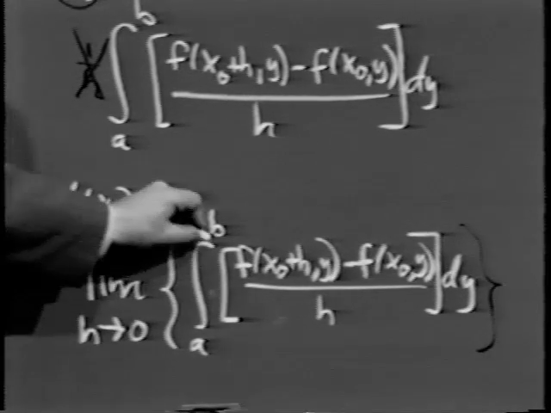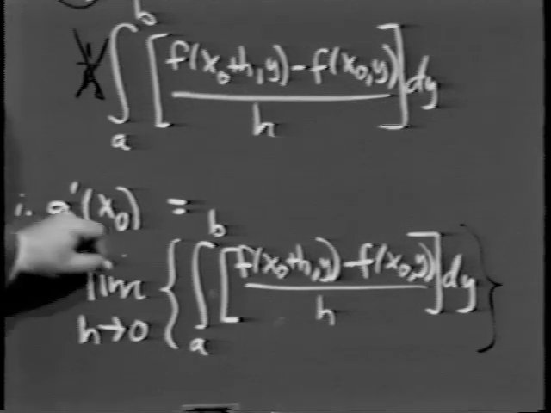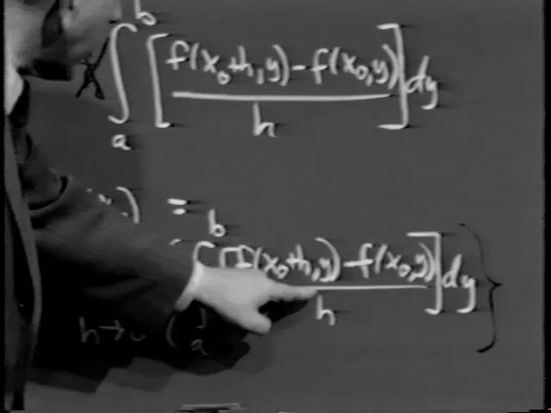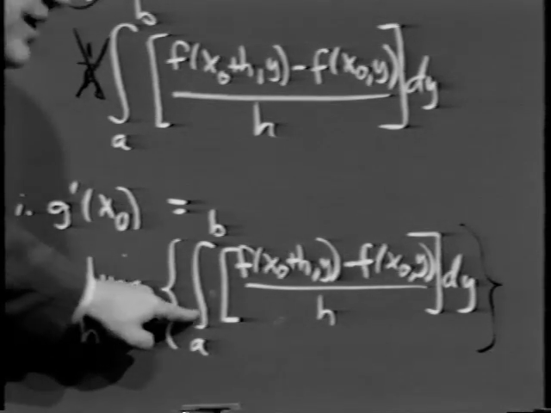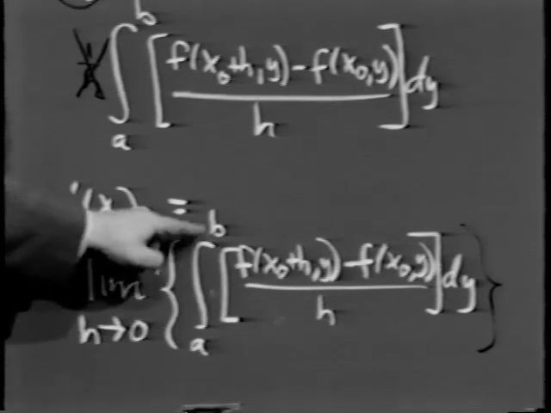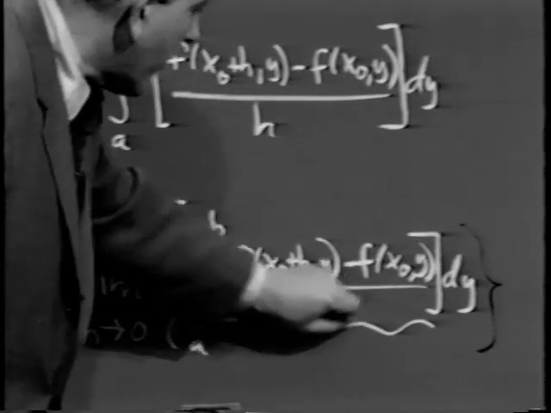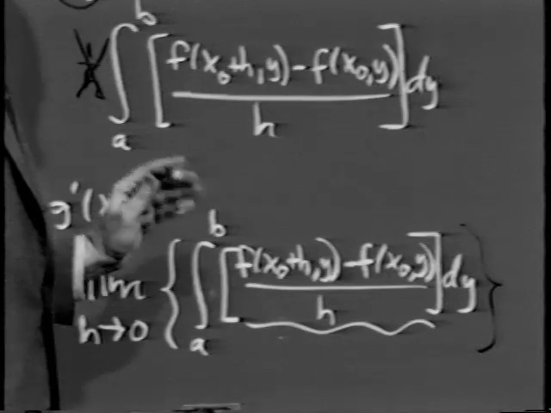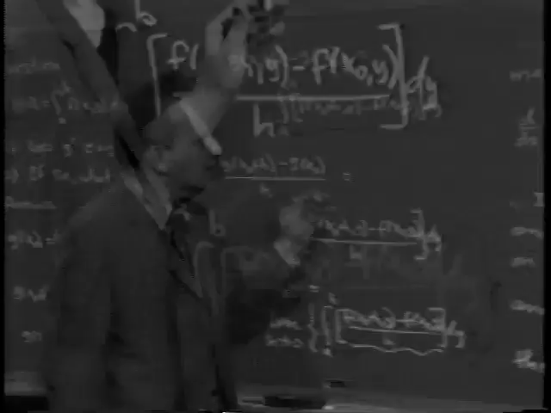This says what? First perform the integration and then take the limit. What we would like to be able to do is first take the limit and then integrate the result. Now, we did see that provided the integrand was continuous, these operations were permissible, but we'll talk about that a little later. For the time being,